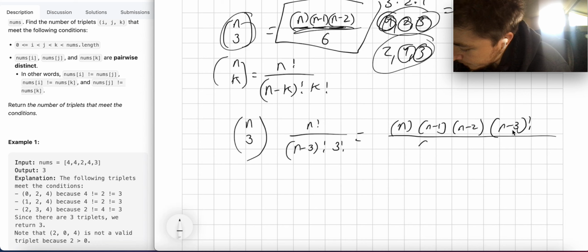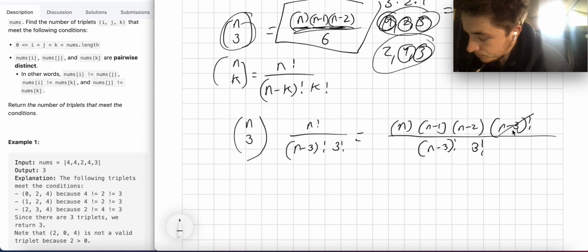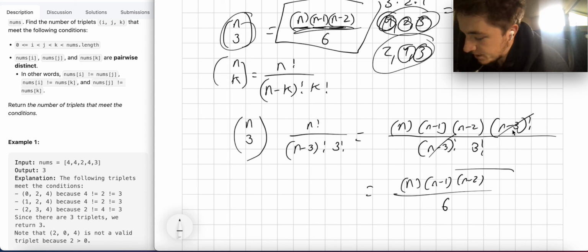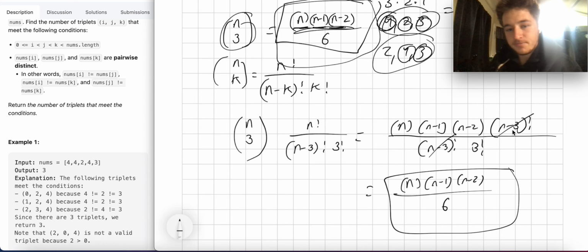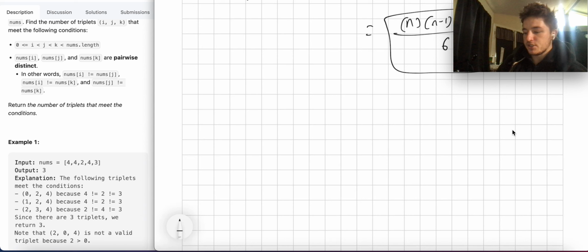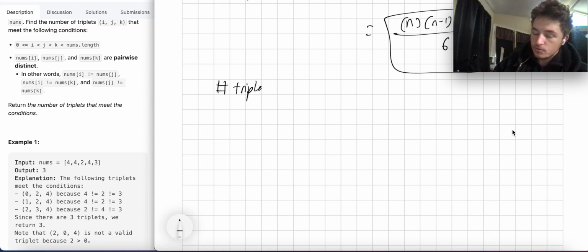And the reason I'm doing that is so that I can cancel these two things out. Then 3 factorial is 3 times 2 times 1, which is 6. So this is the same thing as the system here, right? So if I wanted to find the total number of triplets that I can get meeting this first constraint,